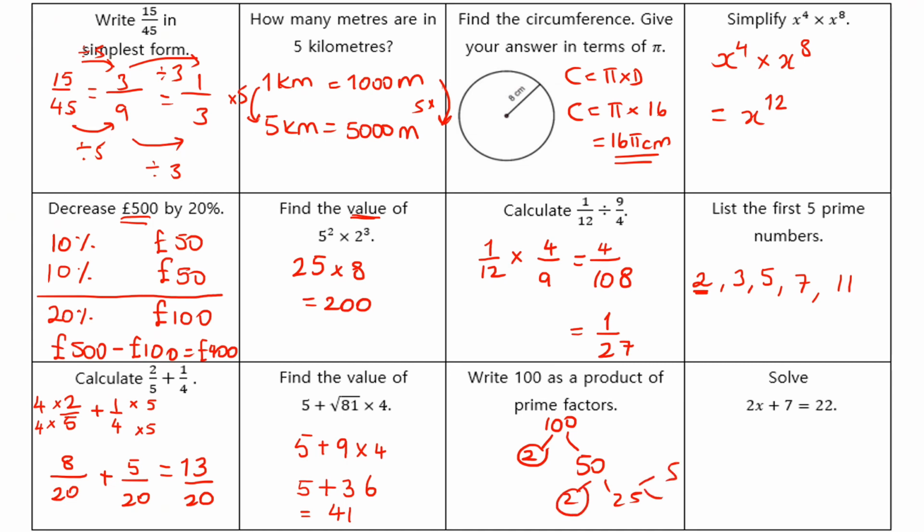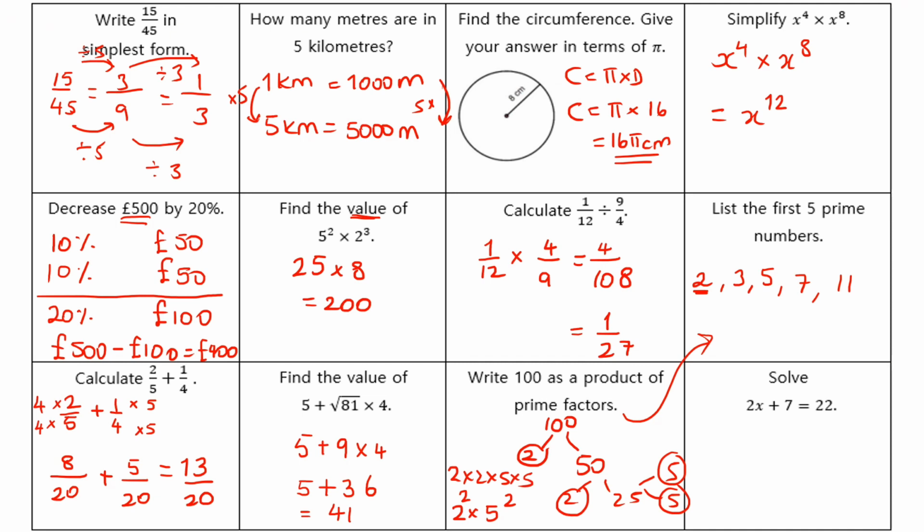And then we've got 5 and 5, which are prime numbers as well. Link it back to this question. So that would be 2 squared times 5 squared. Or you could write it down as 2 times 2 times 5 times 5. We're not going to put commas in between because our aim is to multiply these numbers to end up with